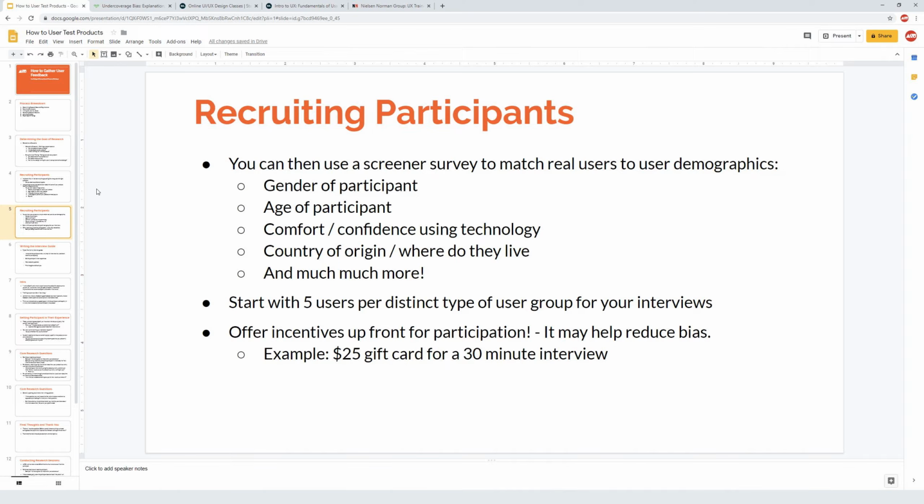So gender or age, even something like comfort and confidence using technology. As a rough question, I'm not saying use this exact question, it's off the top of my head, but on a scale of 1 to 5, with 1 being not at all confident and 5 being very confident, how confident are you in your ability to fix technological issues on your computer? That's kind of a long-winded question, so I'm not suggesting you use it, but you can learn things about how